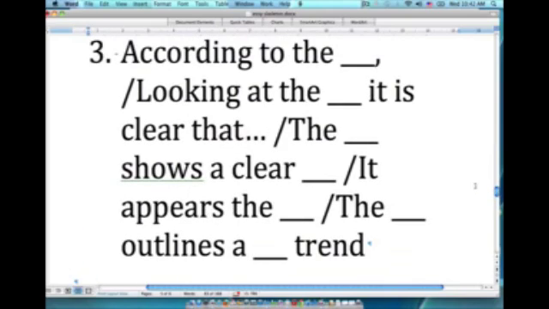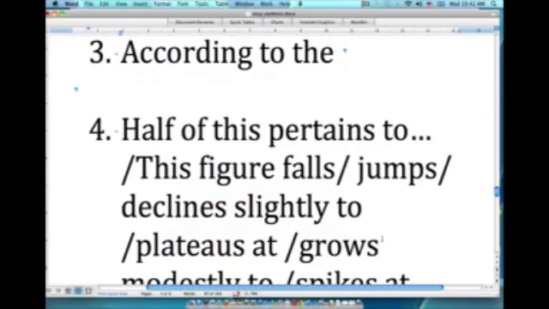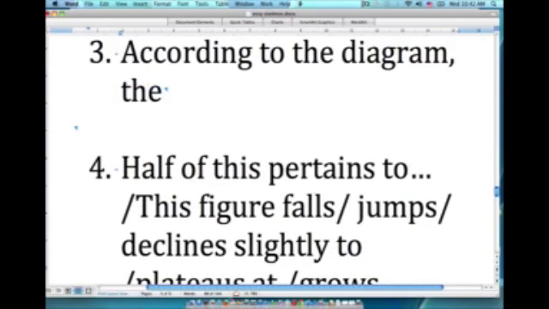So here we're talking about the diagram, and let's start with what we have here, according to the diagram. So I'll take all this away. According to the diagram, comma, now we want to state, like the largest figure, or the part of the information that is the majority of what is being shown. So according to the diagram, the vast majority